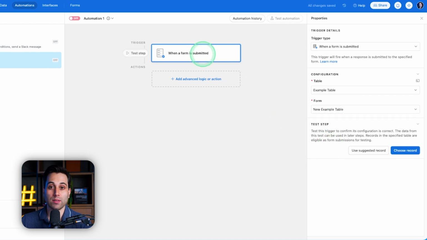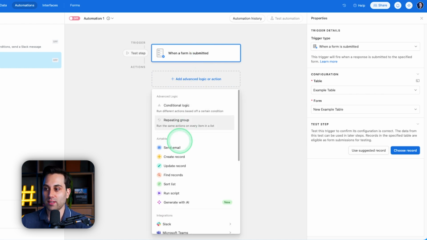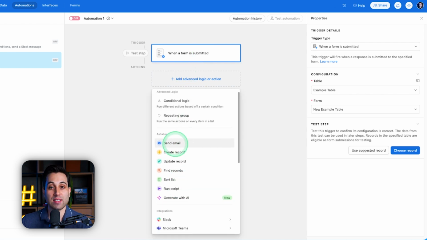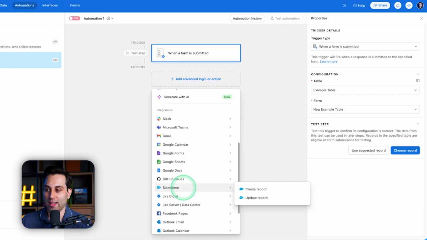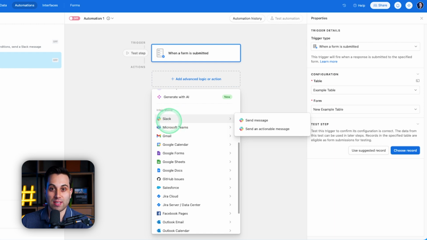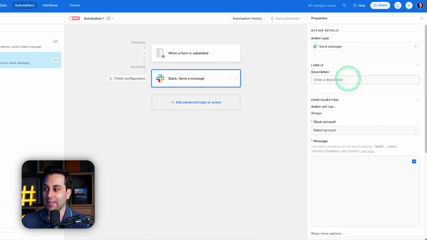and I can select the form that I've just created, which is this one. Once I do that, whenever a person submits a new form, I can add some actions. I can send an email message, I can create a new record, update records, and do a lot more things here. But the one that I'm interested in for this video is this Slack integration. So I can choose this option here, which is send a message,